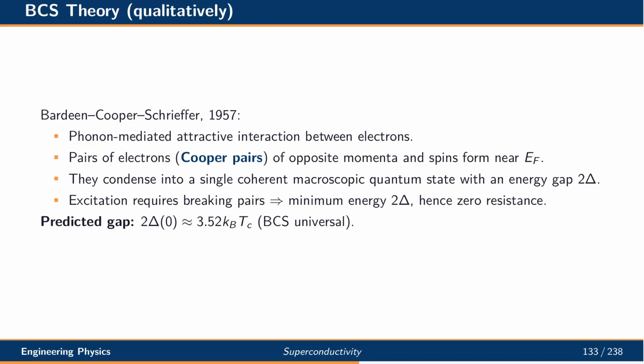The microscopic theory of superconductivity was developed by Bardeen, Cooper, and Schrieffer in 1957. An attractive interaction between electrons, mediated by lattice vibrations called phonons, leads to the formation of Cooper pairs. These pairs of electrons with opposite momenta and spins condense into a single coherent quantum state with an energy gap. Breaking a pair requires at least the gap energy, and this minimum cost is why supercurrents flow without resistance. BCS theory predicts a universal relation linking the